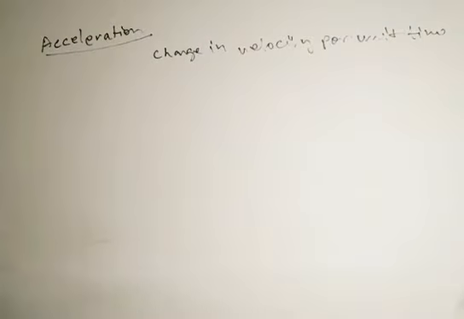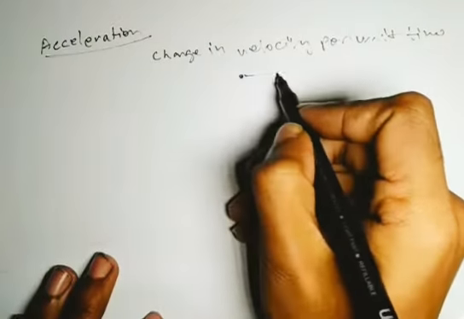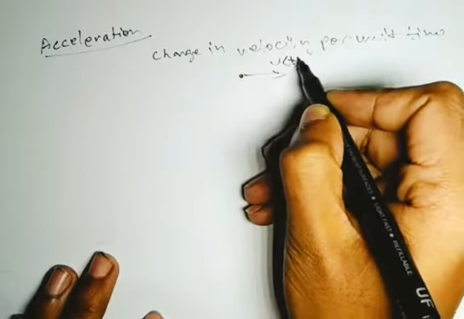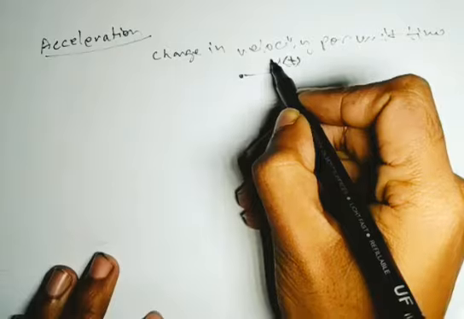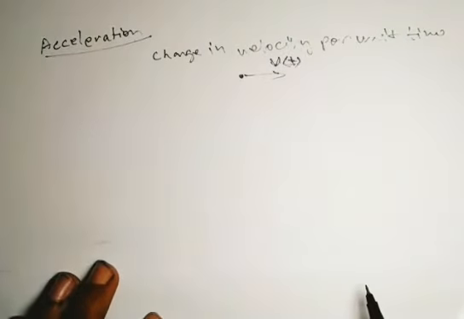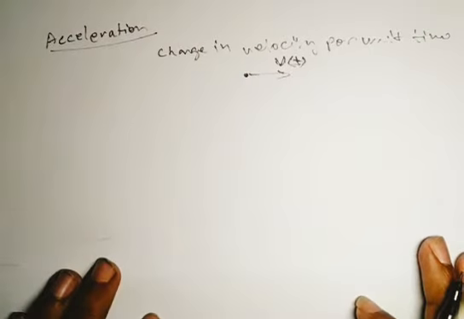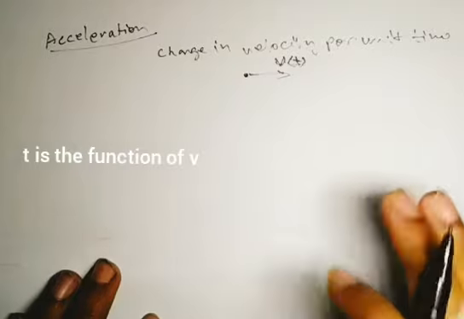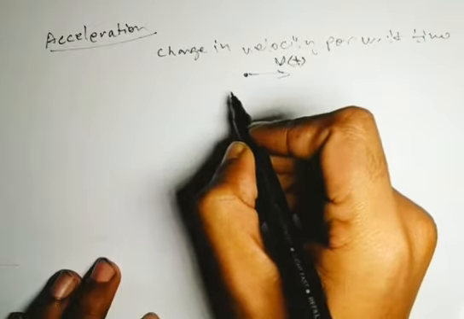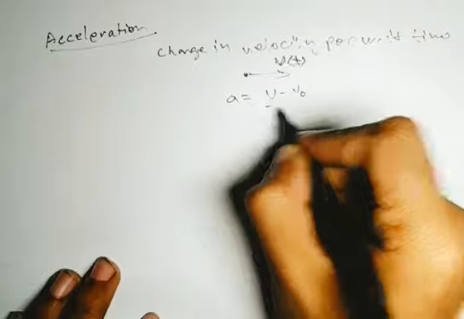So if a particle changes its velocity per unit time, we can say V(t), where V changes as t changes. So this is acceleration, and if we want to define it, a is equal to V minus V naught upon t,